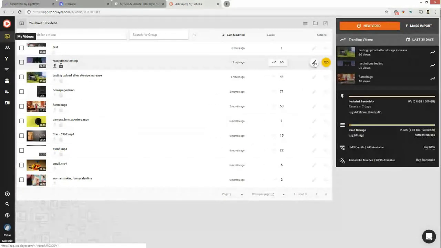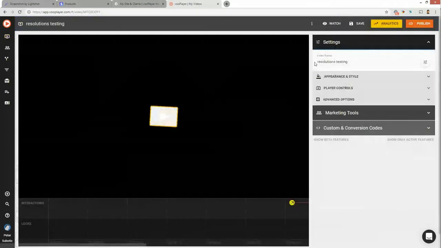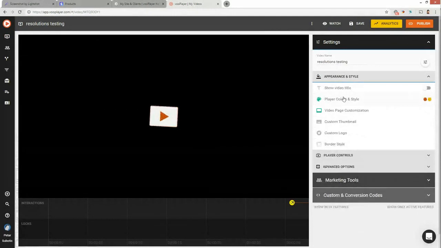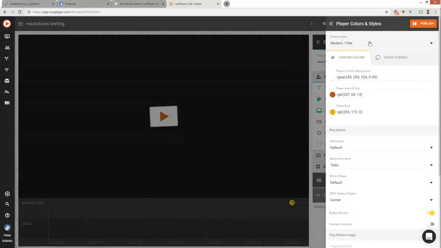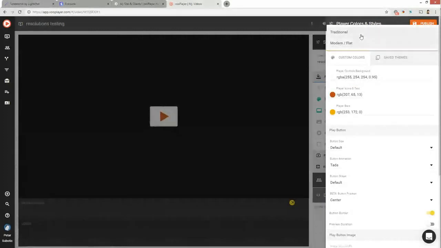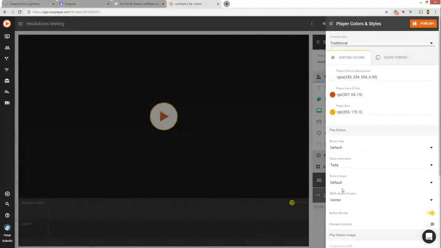So the combination is, if I got that right, we want to keep this rectangular button, but we want to change the skin of the player from modern flat to traditional. All right, so that's going to change the button shape on its own. And where do we want the button shape to default?